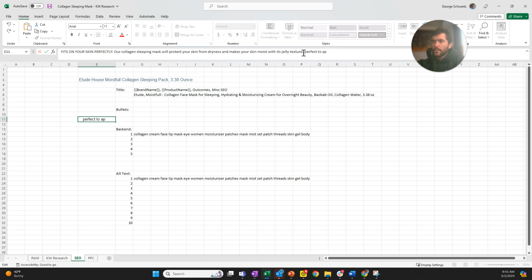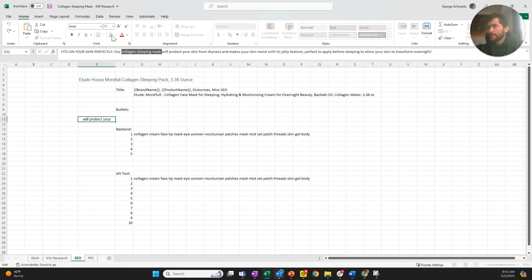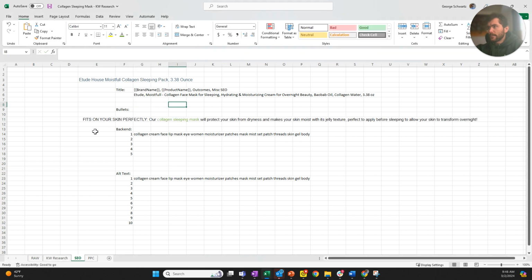Perfect to apply before sleeping. Allow your skin to transform overnight. So what we did there is we added in some additional